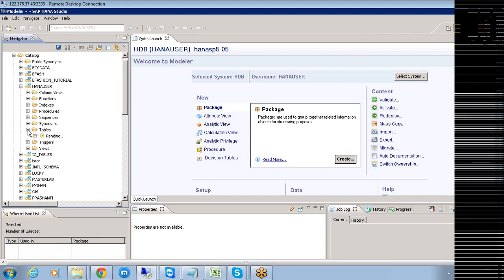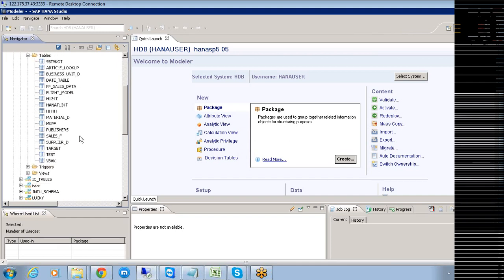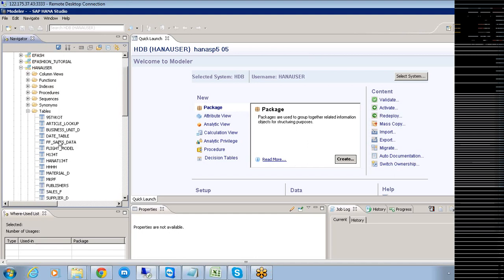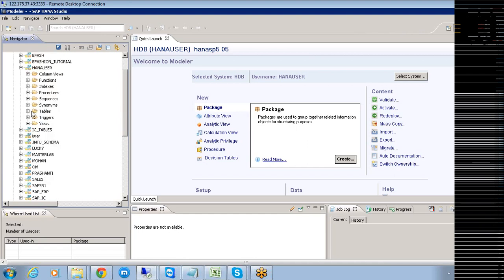Okay, within the schema, generally what we do is that whatever tables are from whatever sources, you are supposed to replicate the data into your HANA database. All those tables will be existing as the physical tables in these schemas. They are nothing but the physical structures where your data gets stored here. That is point number 1.